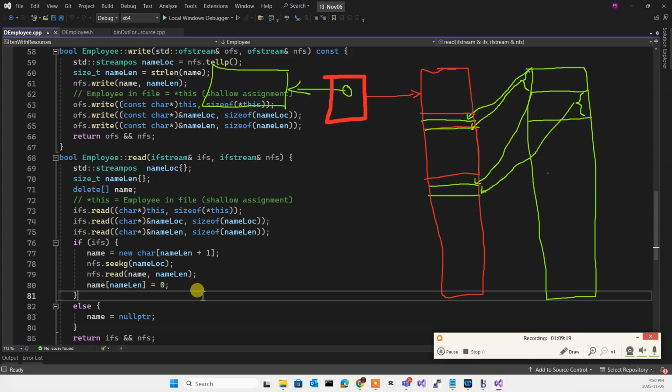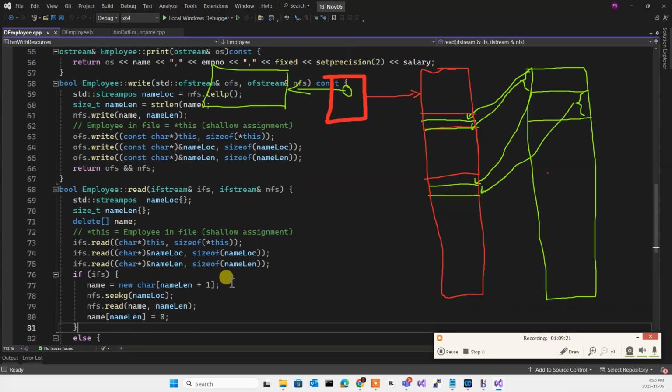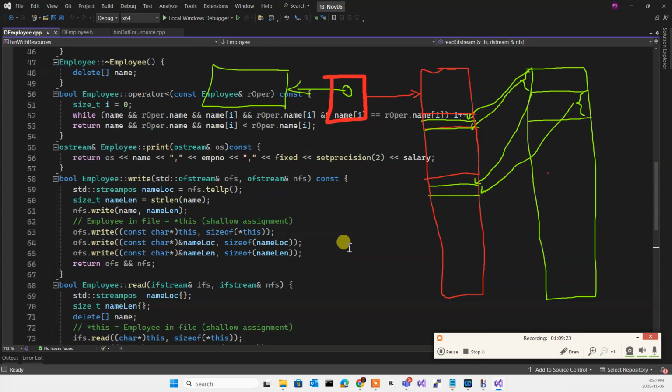Okay? For writing, it's easier. All I need to do is to see, for when I want to actually write into it, exactly where is the location, what is my name, what is my length. I'm going to write the name in it to that size so I know exactly where it's going to go. I have the location over here, then I'm going to write the class, then I'm going to write the location, then I'm going to write the name, size, and I'm done. Okay? So executing this